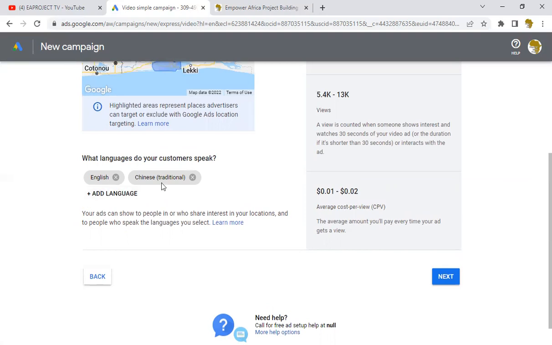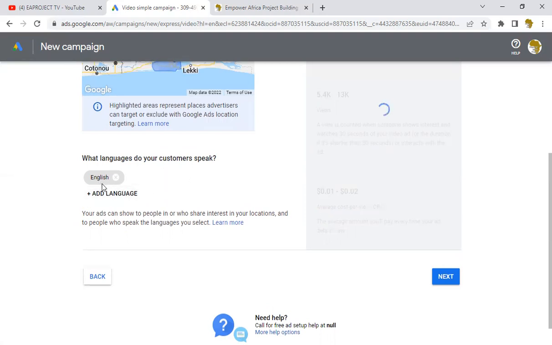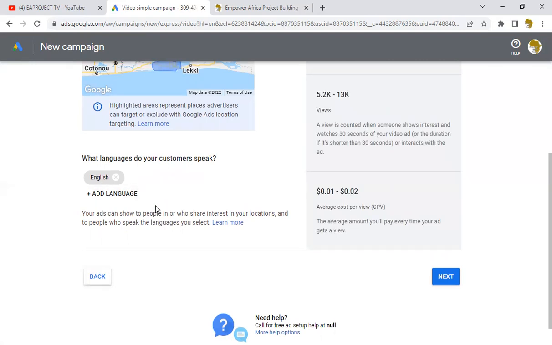And then the language. I don't want Chinese, I want English. You leave it there. See? Then your ads can show to people in or who share interest in your locations, and to people who speak the languages you select. So I have that. Then the next thing that I'm to do is